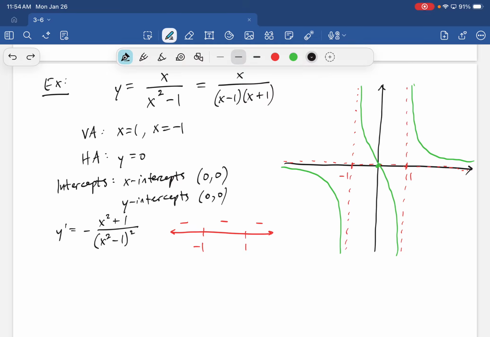Okay. How about you guys just go ahead and try it? You guys know how to do everything. It's just the logic, right? That's the tricky part. First step is get the horizontal